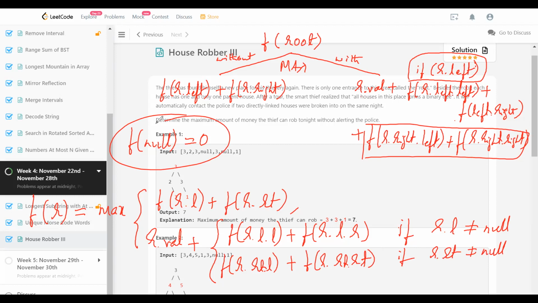And if you observe, there are going to be overlapping subproblems. Look at these deeper problems. When I solve for, say, root.left and root.right, I'm going to get the problems of root.left.right and root.right.right. So these are going to be overlapping already. So because of overlapping subproblems, it is better to use memoization, at least here.